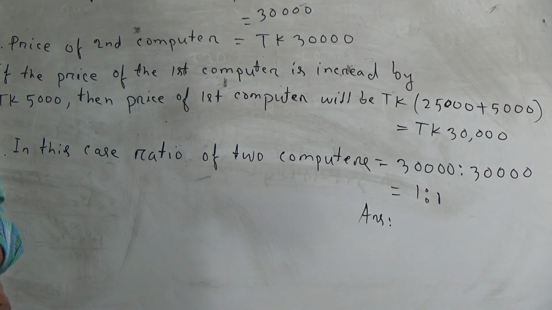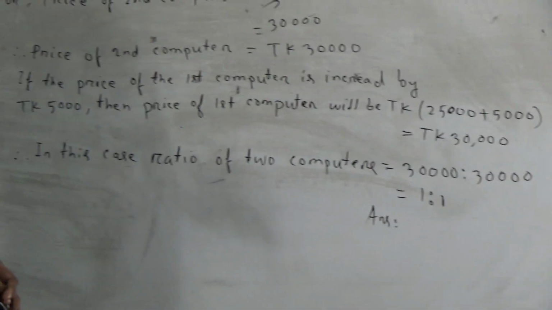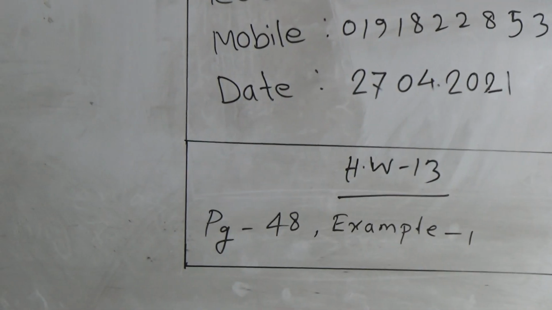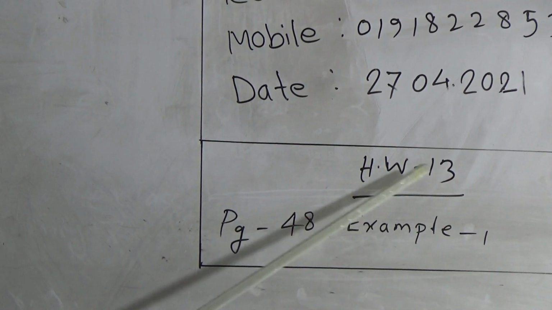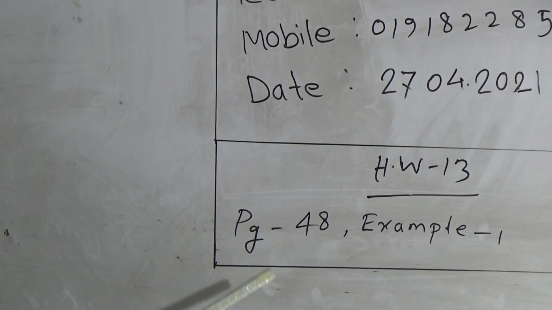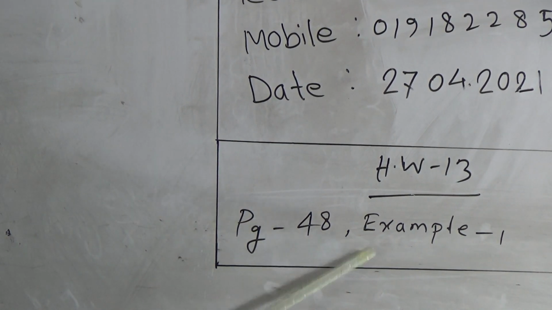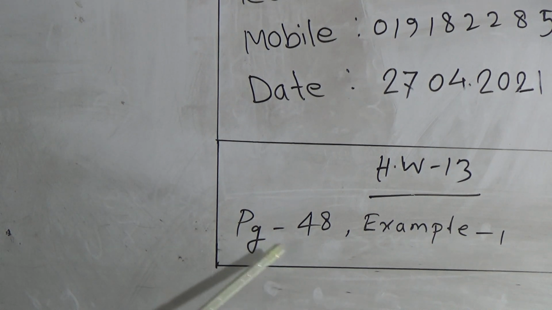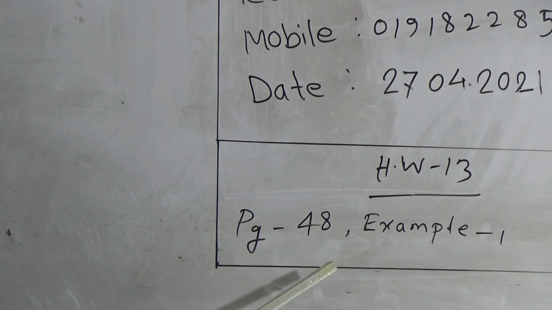Okay, dear students, we have finished our today's CW. I hope you have understood today's CW. Practice more and more at home. Now I am giving you SW. Dear students, our today's SW number 13 number SW, and topic is page number 48, example 1. Solution of this example is given on the board, so I hope you will be able to do your SW properly. Do your SW properly and submit on next Saturday.